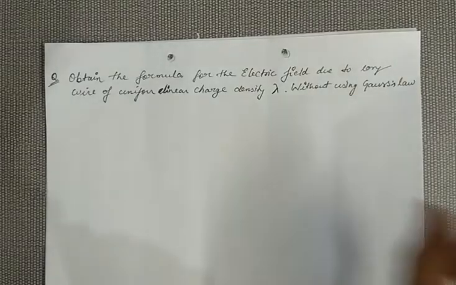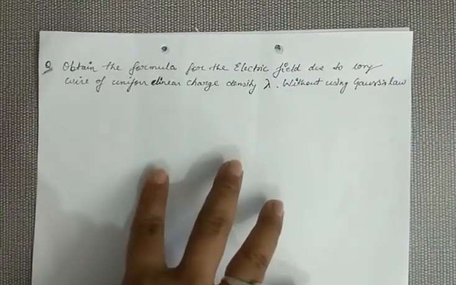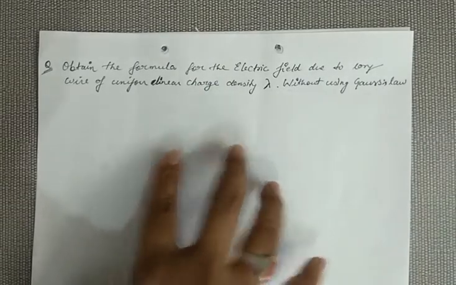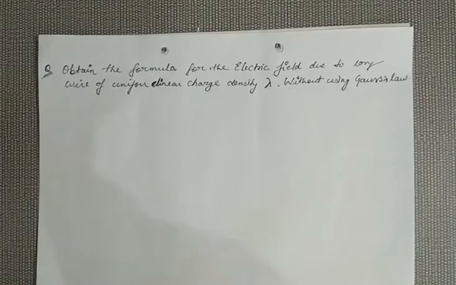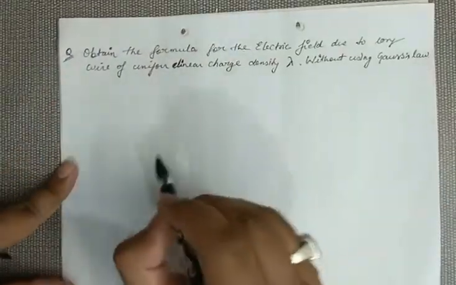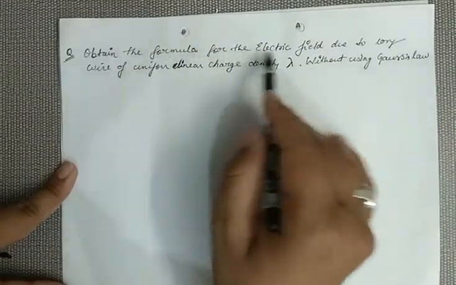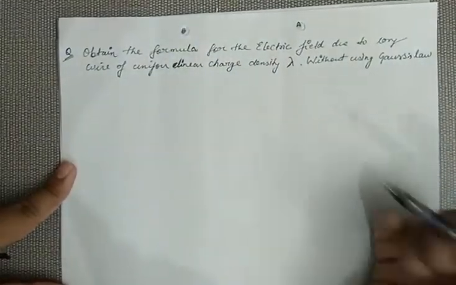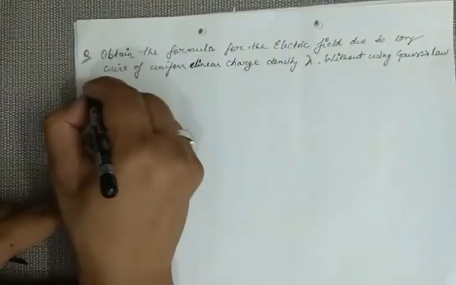So without using this law, this derivation will get somewhat typical. So just go through it. But when we study the Gauss law, after that again I will solve this question. It will become quite easier for us. So in this question I won't use any Gauss law. So I just take a simple method. Let me consider a wire. And remember one more thing, many times it is also given as obtain the formula for electric field for infinite wire. So in place of long wire, they may also write infinite wire.